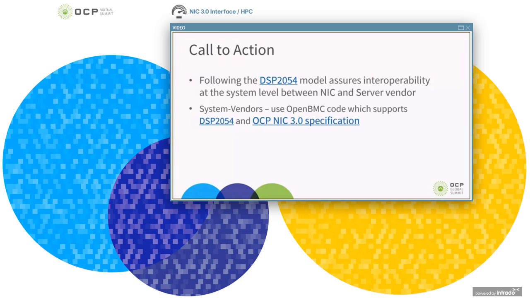System vendors are highly encouraged to use OpenBMC code to support DSP 2054 as well as all the other OCP NIC 3.0